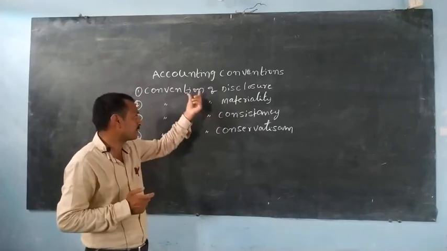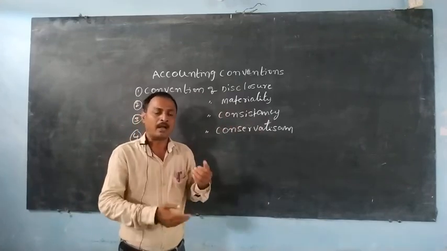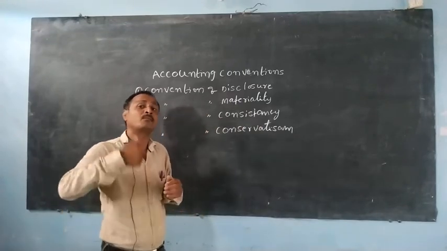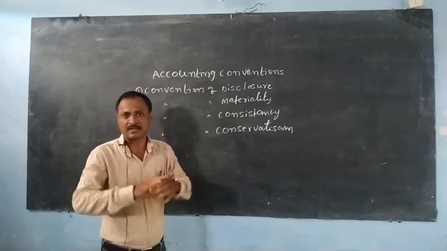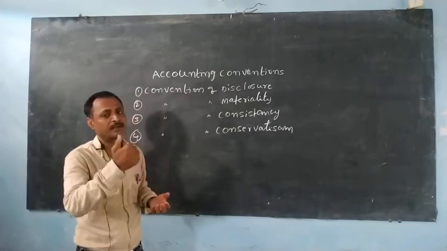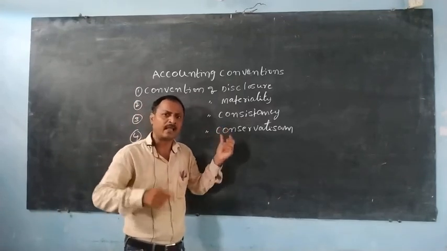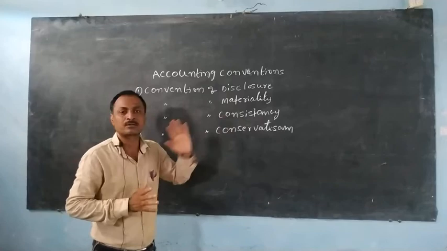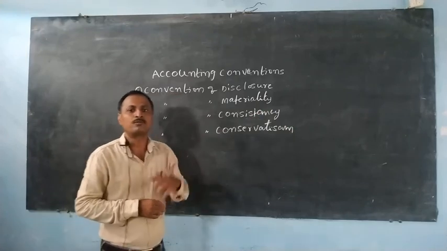Why here? Because the convention is a formality. In a year we followed one certain method, and in the last year we followed a certain method, and in this year we are following another method, then the user gets confused. Transactions will become different, and a true and fair profit and loss we cannot obtain. So it is necessary that while following any one of the accounting methods, it must be stable and consistent, then the businessman gets a true profit or a true financial position.